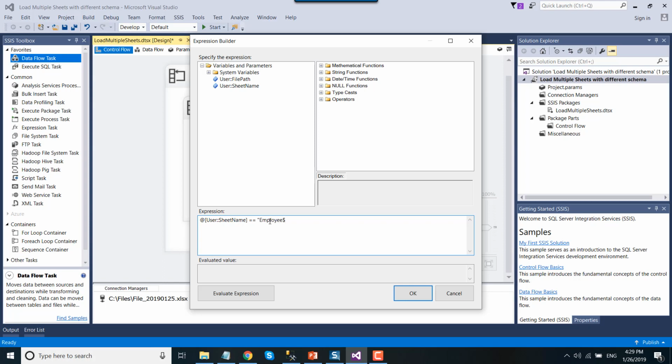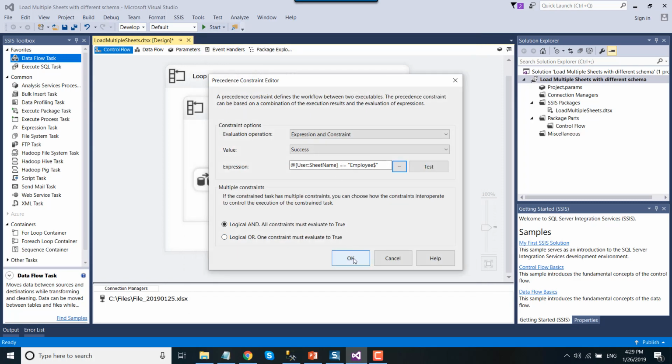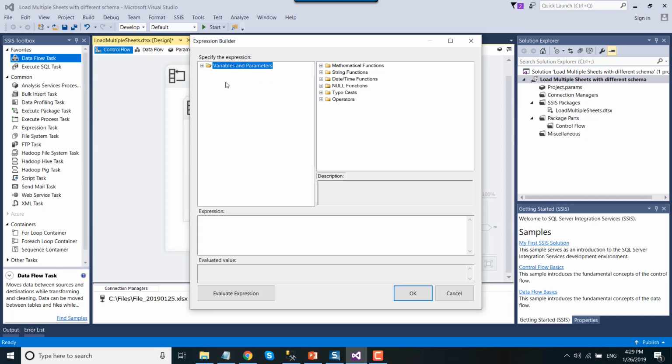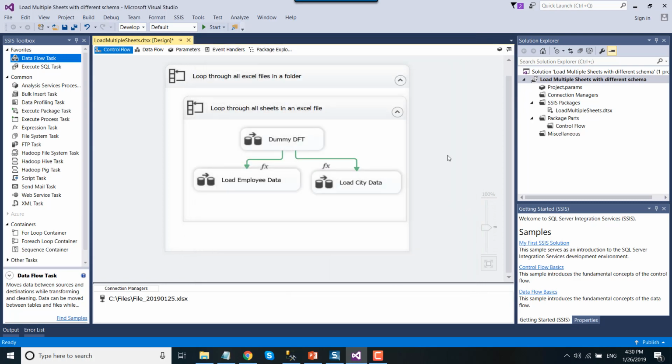If it's the employee sheet name, then we need to load the data for employee. Select OK. And if it is the city Excel sheet, then we need to load the data for city. So let's drag and drop here, and then city dollar. Okay, evaluate expression. Okay, okay.